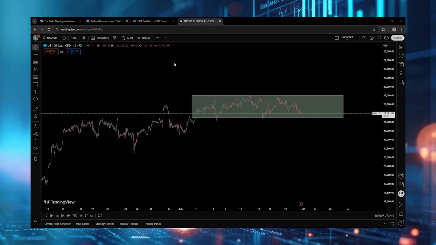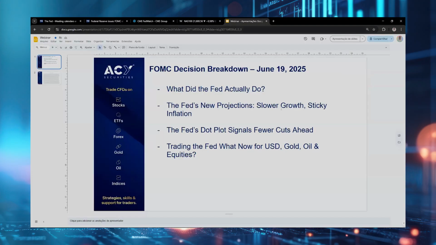Where is it, there you go. This one. So what did the Fed do? Well, basically they held the rates steady at 425 to 450, as widely expected, and nothing changed. Now, the second was the Fed's new projections. It's slower growth, sticky inflation. They had a big shift come into the projections: slower growth, higher inflation, rising unemployment ahead,